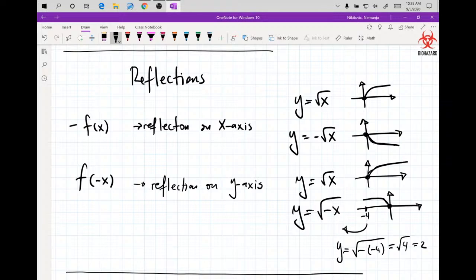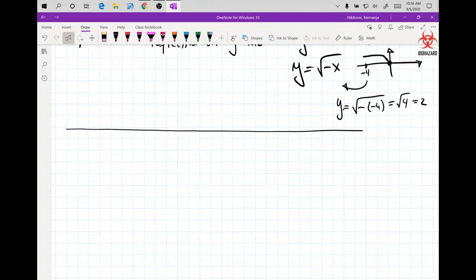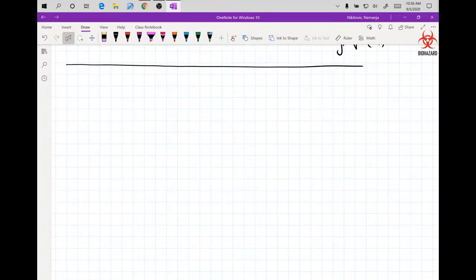So are we still good with review? Any questions so far? Okay, so those were the reflections and so on. The reflections can be combined. So remember how I mentioned the exponential decay function, right? So if I have y equals e to the negative x plus 2,